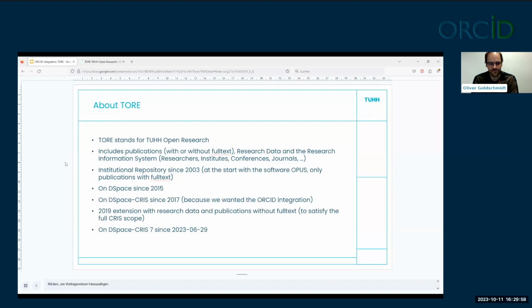In 2015, we switched the software basis to DSpace, and in 2017, we switched to DSpace-CRIS. The main reason for that was because we wanted the ORCID integration, which DSpace-CRIS already had at this time, but not normal DSpace. In 2019, we had a larger scaled project here in Hamburg, and we extended our institutional repository